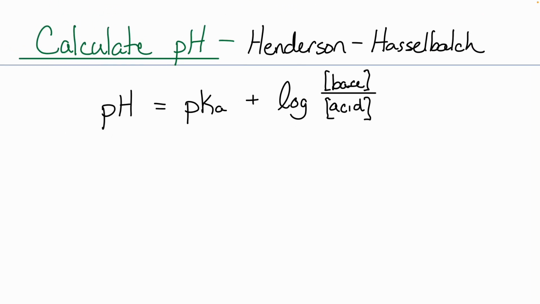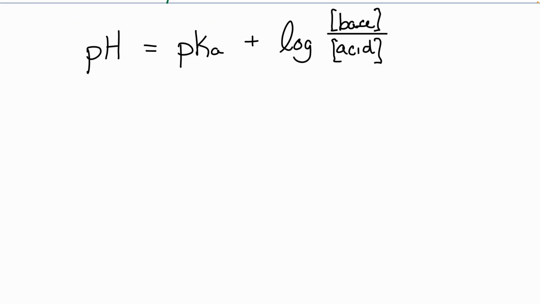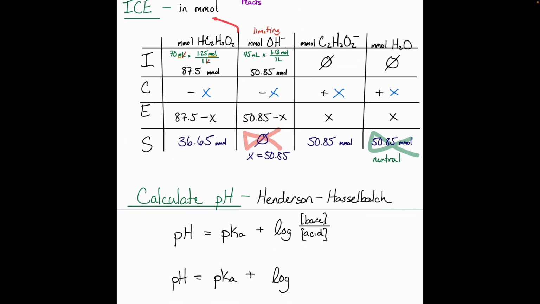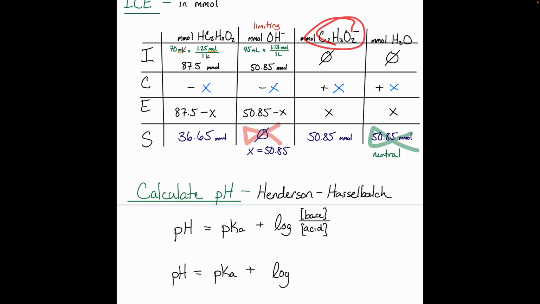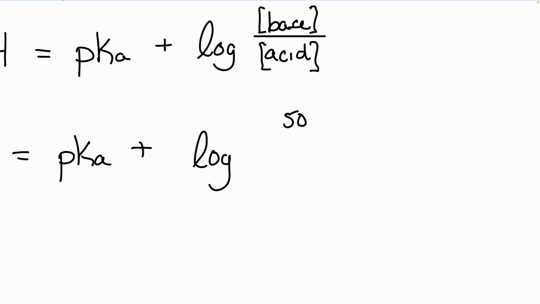Okay? But now we can make our lives a little bit easier. You know, in all these other problems, when we got to this step here, we were like, oh crap, we need a concentration. And our table was in millimoles. So now we got to go back to concentration. All right? So I'm going to do this the long way real quick just to prove a point. pH equals pKa plus the log. All right, if I was going to do my base, which one's my base? Acetic acid or acetate? The one on the left or the one on the right? All right, this is my conjugate base here. So that would be my 50 millimole, or 50 point whatever, what was it, 85